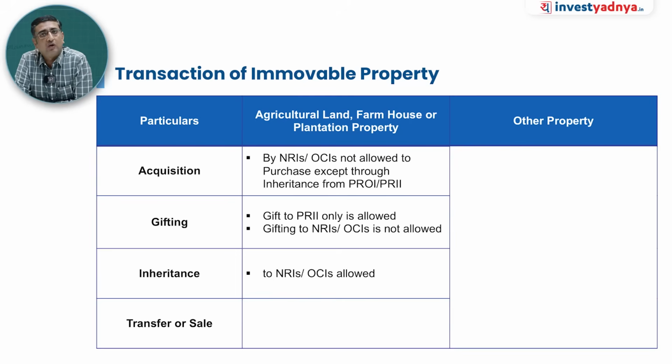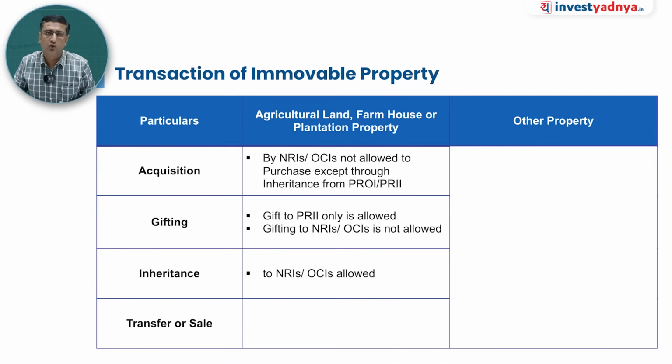Then what about the transfer or sale? I am owning that property. Say for example, I am a resident and I have agricultural land, a farmhouse or a plantation property, whatever the property. So I have that property. After that I become an NRI. So I am allowed to hold that property. FEMA law specifically says that if I am owning a property before becoming an NRI, then I can hold those properties. And secondly, if I am inheriting those properties, if I am inheriting agricultural land from my forefathers after their demise,